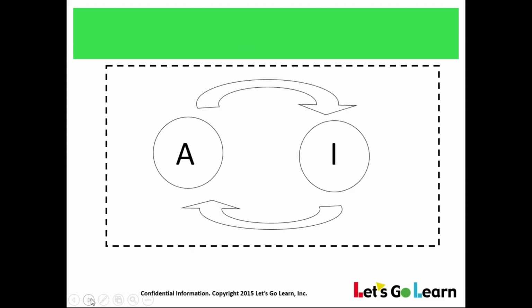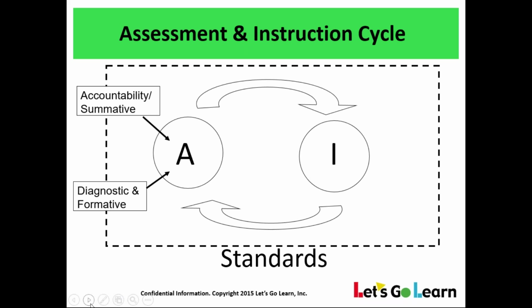So here at Let's Go Learn, we like to start with the big picture, where we fit in this model of A and I. And the A and I stand for assessment and instruction. So continually throughout the school day, or as administrators, we're looking at what are we assessing, and then we're changing our instruction. Teachers are using groups, you're using programs and other resources, curriculum, you're instructing them, and then again we're assessing. So it's constantly that cycle to make sure students are really getting what they need, and we really can pinpoint those instructional points. That is where Let's Go Learn fits.